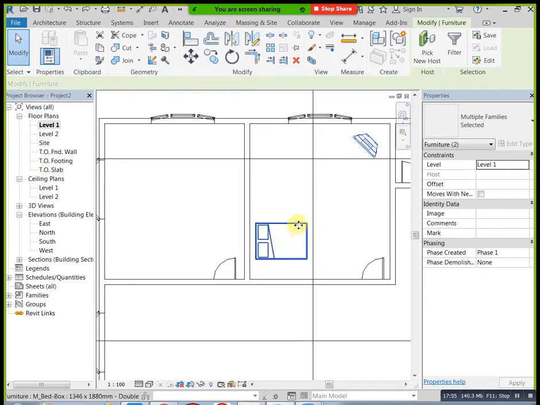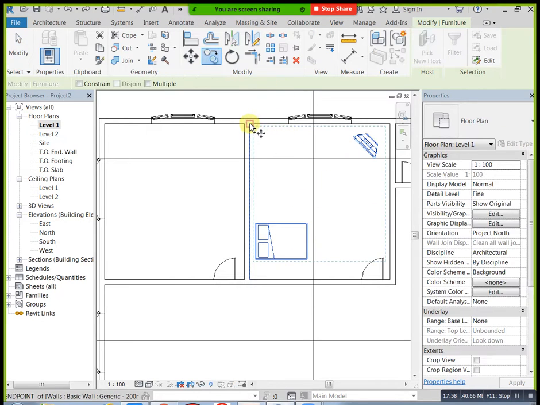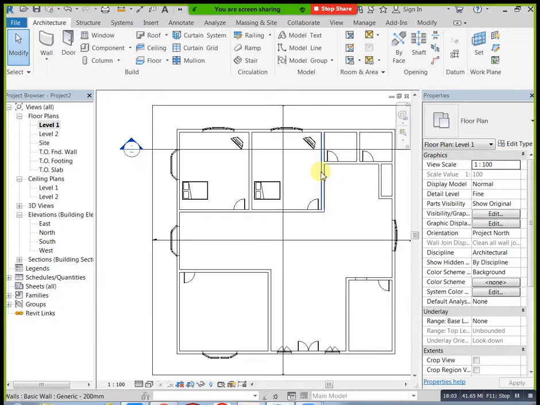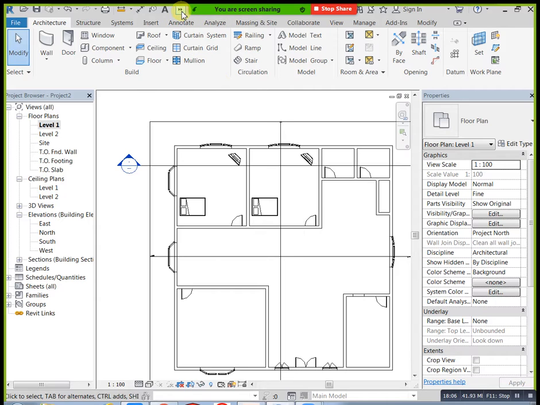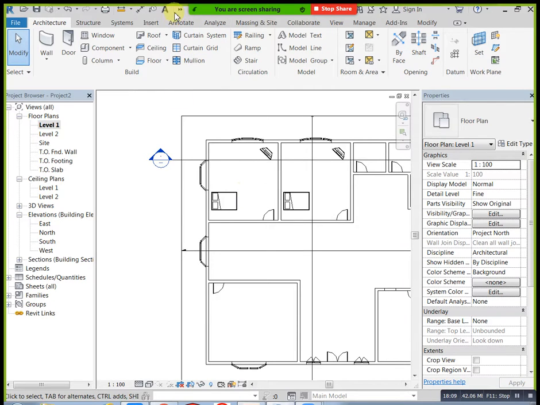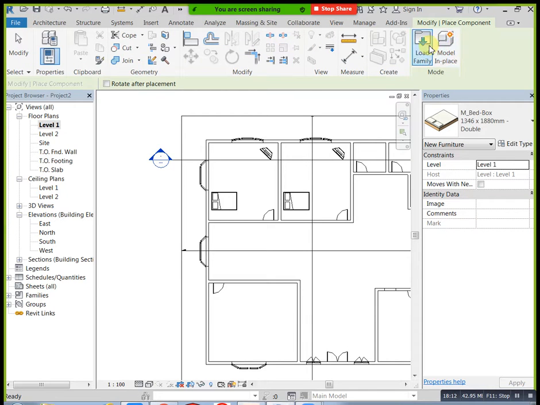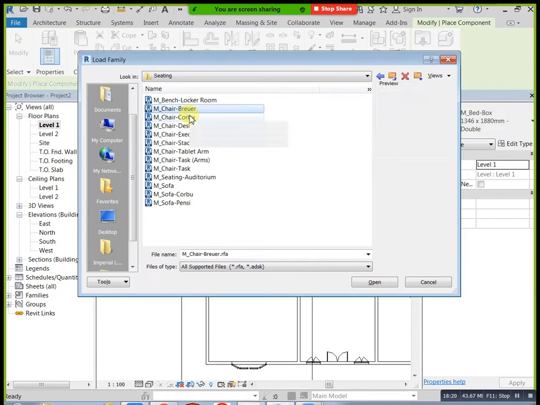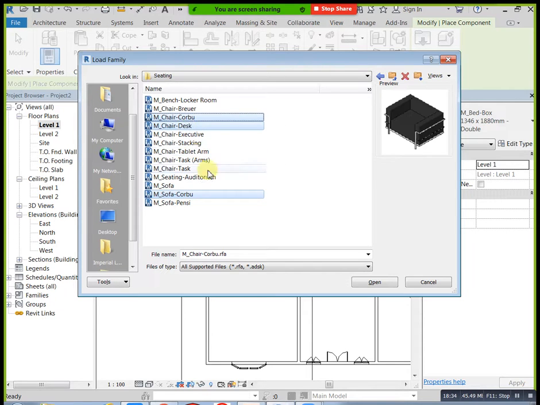Next I need to place seating. If you need to place seating, go to Place a Component, Load Family, back to Metric, go to Furniture again, Seating. Which type of seating do you need? For example, I need a sofa. I need these two, and at the same time this sofa. Now all items are loaded.